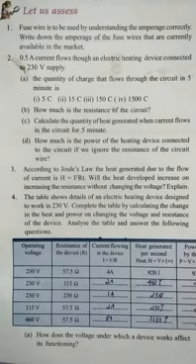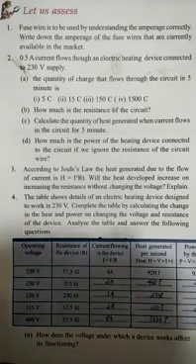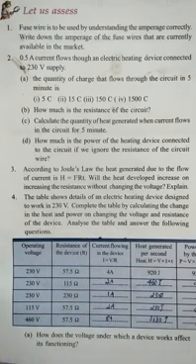So Q is equal to I into T. I is given in the question, T is also given, and multiply directly, but convert the time which is given in minutes into seconds by multiplying with 60. And then sub question B, how much is the resistance of the circuit? So which formula do we have to use here? V is given in the question, I is given in the question.